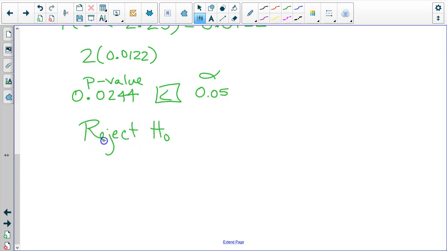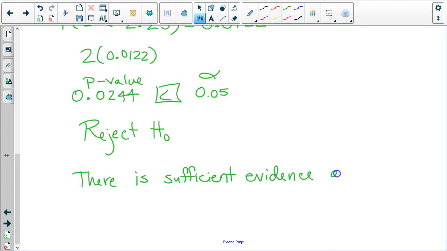Okay. So for this to be fully finished, we've stated our decision. Now we have to state our conclusion, which means there is or is not. If you reject the null, there is sufficient evidence or there is not sufficient evidence? There is. There is sufficient evidence at the, yeah, you make sure that you say your level of significance in there. 0.05 level of significance